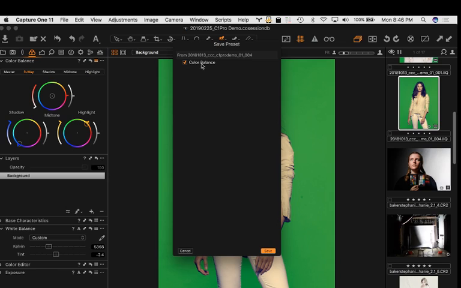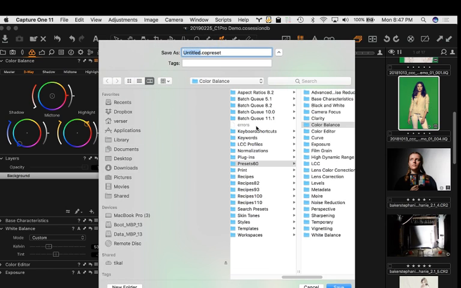So I need everybody to do this with me. You will actually see it gives me an option. If I'd done other possible changes in here, all of them would actually be listed in here. But since the color preset, these colors are the only thing that I've done in this layer part right here, it's the only option that I've got to actually save. And I'm going to click on Save. And I'm going to call this